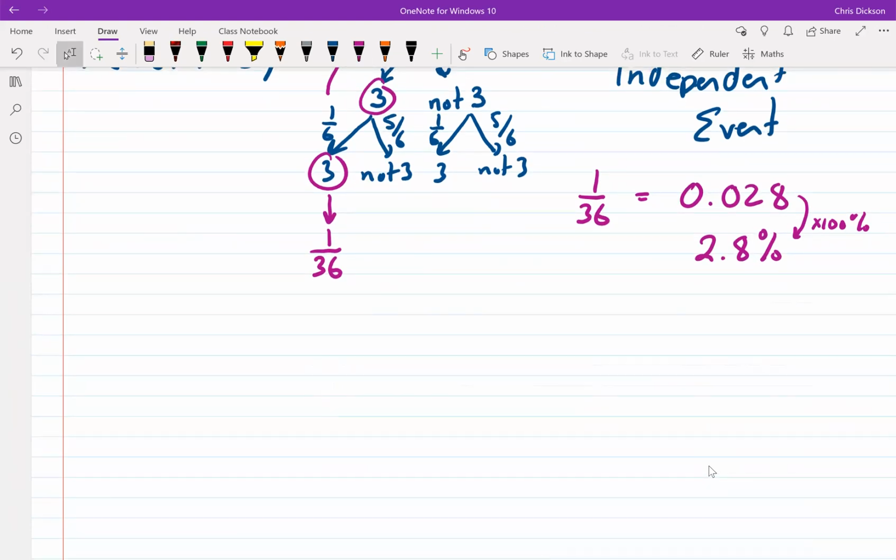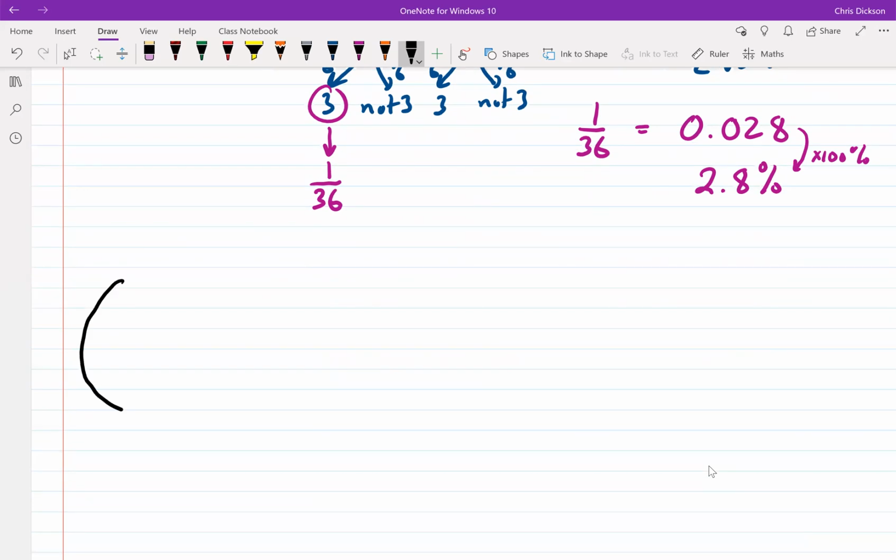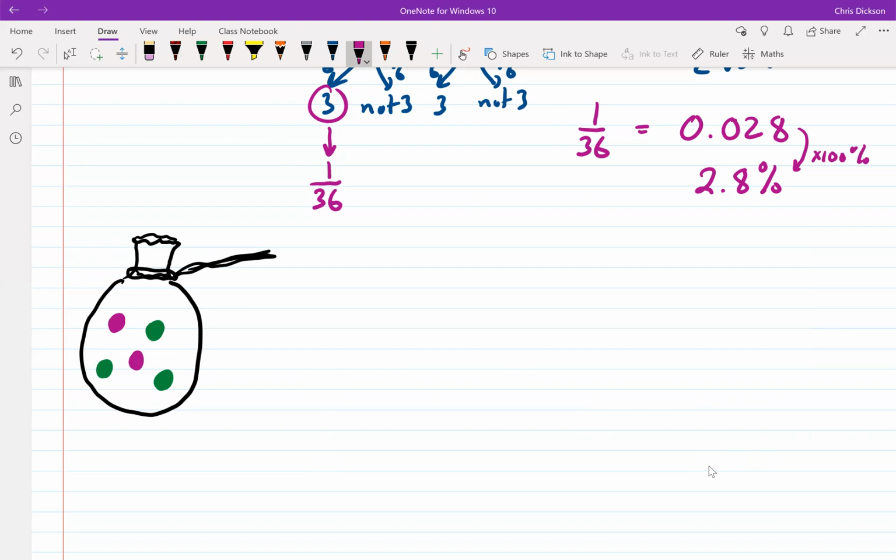Okay, so let's take a look at a question we haven't shown you yet. Let's take a bag of marbles. It's kind of a question that's quite common in probability courses. And let's say you have this bag here, and have a little rope around it. And inside the bag, let's say I'll keep the numbers sort of small here. Let's say you've got 3 green marbles, let's say 2 purple marbles, and let's go for 1 orange marble. Okay, so you got 1 orange, 2 purple, and 3 green.